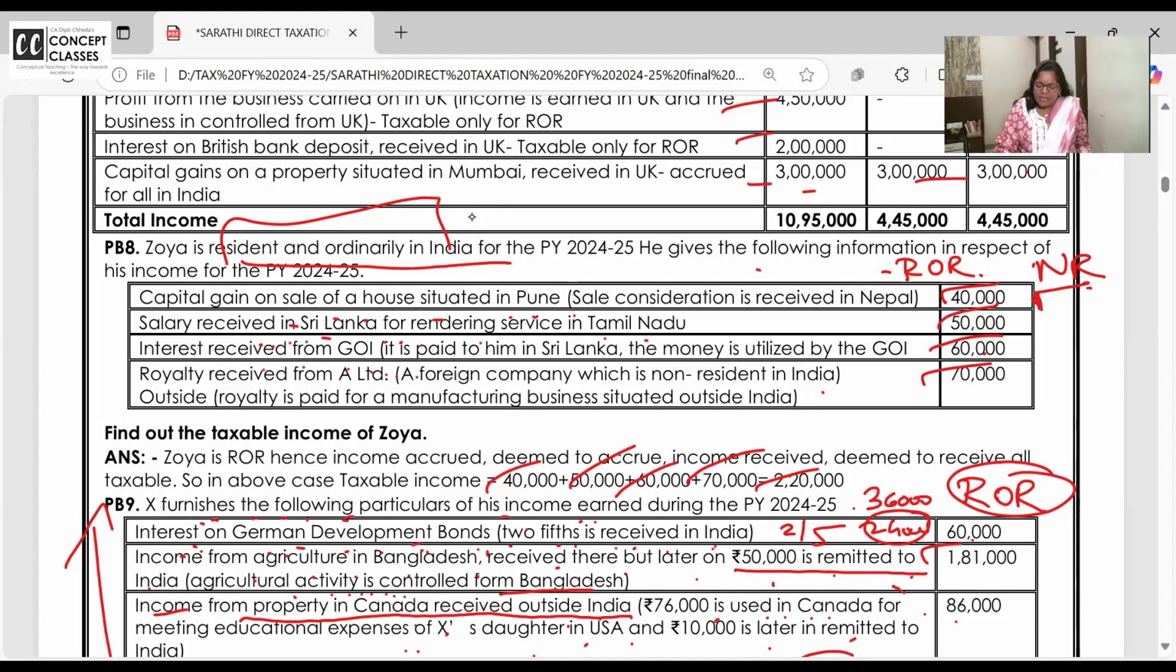Salary is received in Sri Lanka, but the services are rendered in Tamil Nadu, so it will definitely be taxable. Interest received from Government of India will be taxable. Royalty received from A Limited, an NRI giving royalty to another NRI, that too outside India, for a project also outside India, not taxable. India has nothing to do with it. One non-resident paying royalty to another non-resident outside India for a project also outside India will not be taxable. So it will be